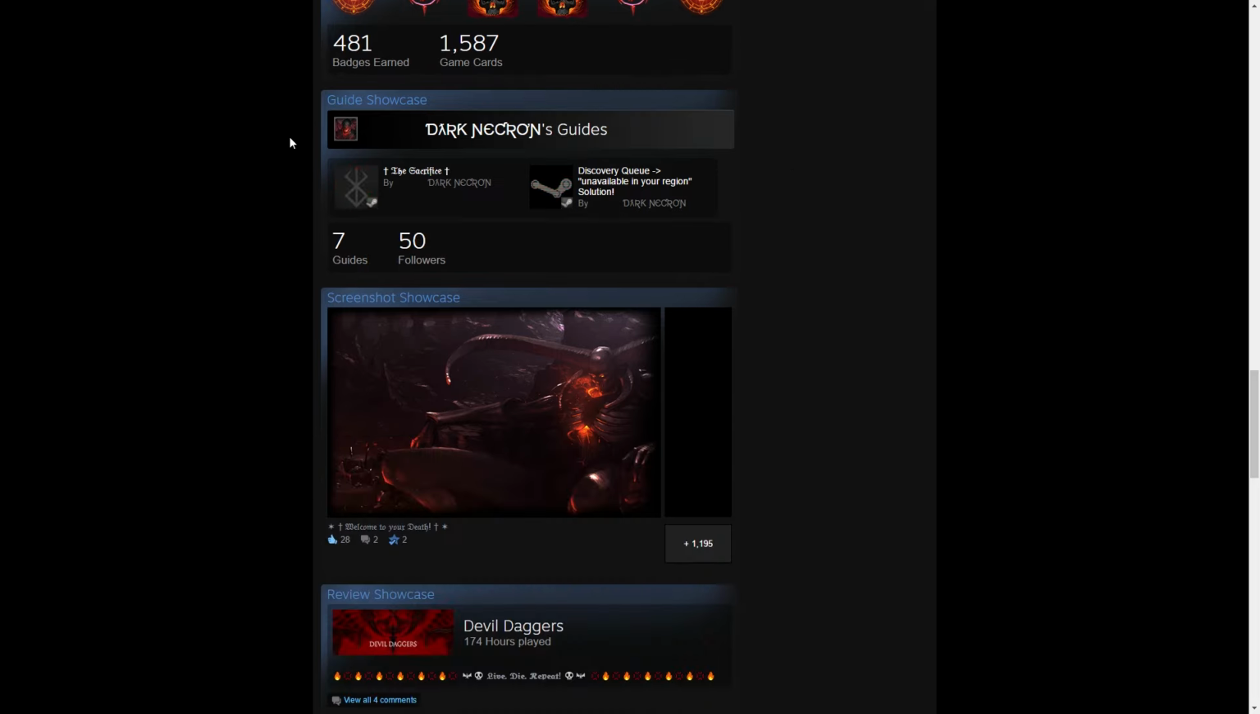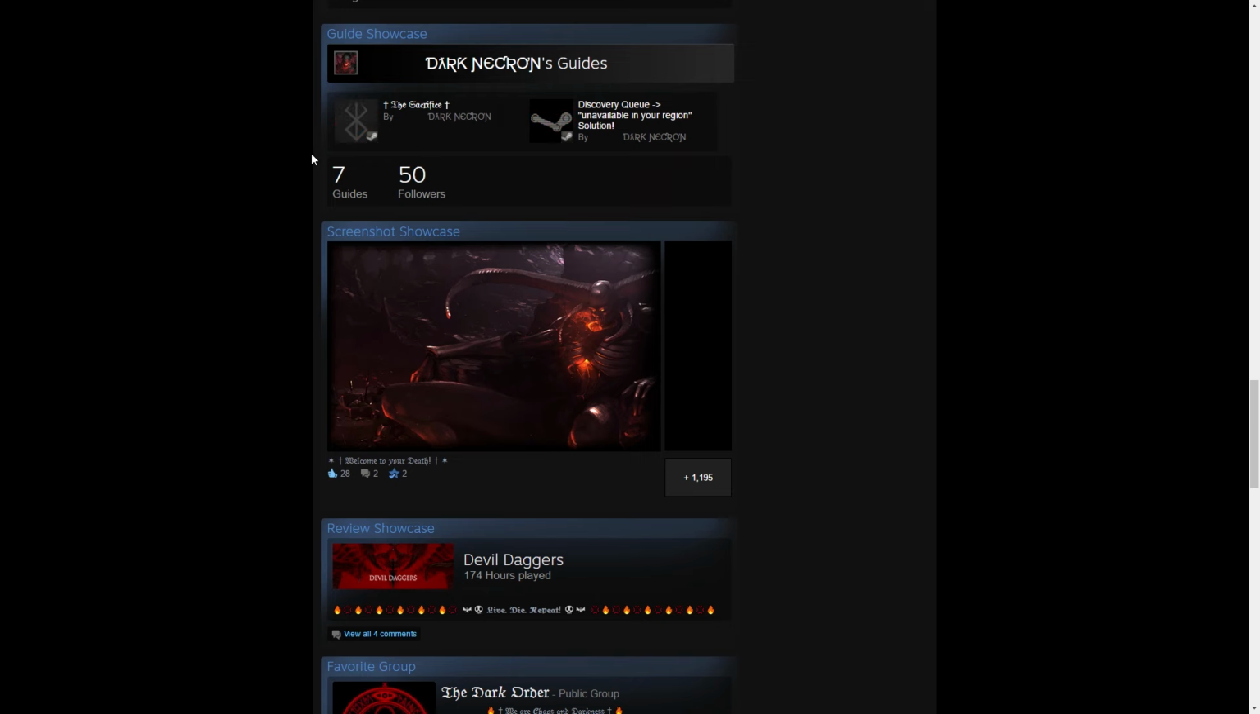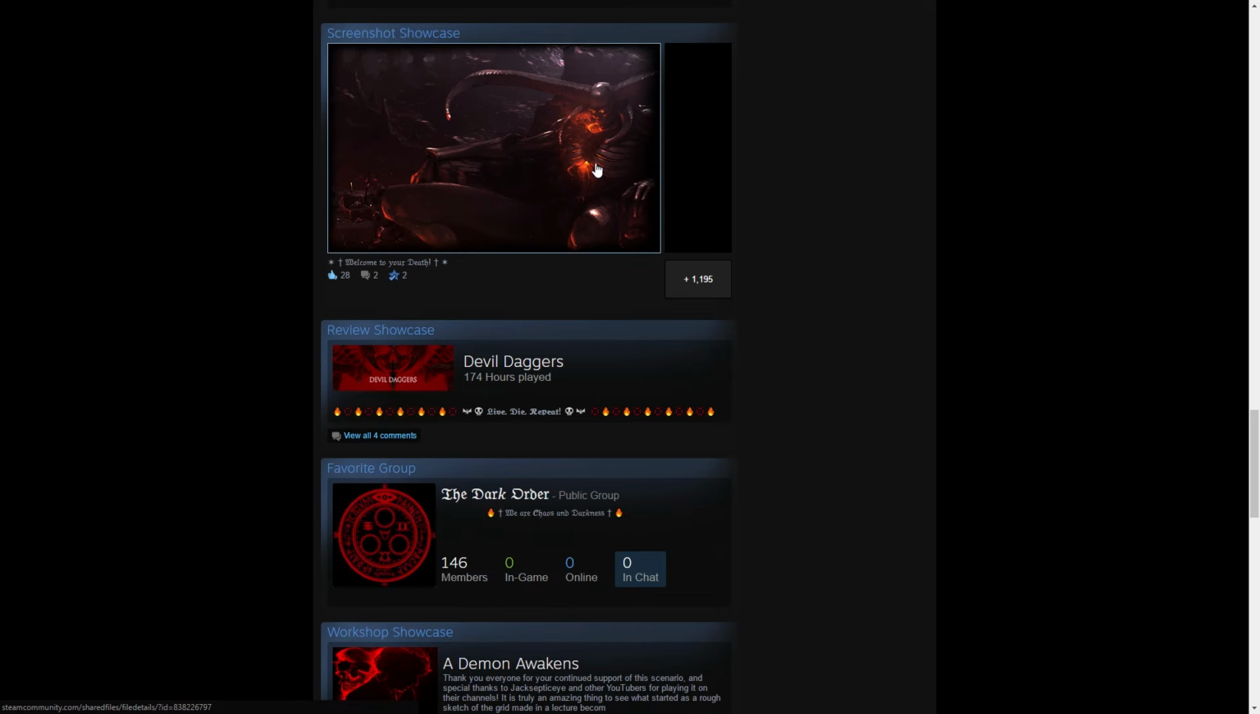Then this guide showcase, and both these guides are made by him. The animations in the guides are pretty rudimentary. They're maybe like 5 or 6 frames each, but I like how they still stick with the same theme. Moving on from that, we have his screenshot showcase, which is just a simple picture of this devil-like figure, and